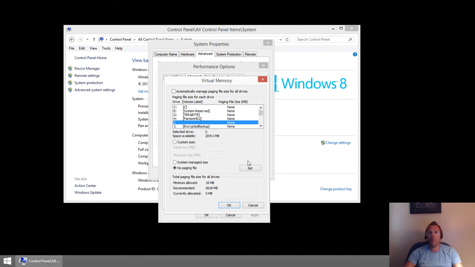Now what will happen if you disable the page file and you start to run low on real physical RAM, you're going to start seeing warnings by Windows, and it'll pop up in the system tray in the lower right corner usually, and it'll say running low on physical memory or virtual memory. It's going to start killing processes, and it'll shut them down, and the system can become unreliable. In fact, the system could even potentially crash. Now, you reboot and everything should probably be fine, but I'm just telling you that's why I recommend having about